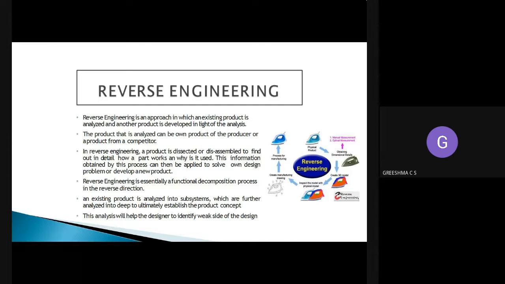Next one is reverse engineering. Reverse engineering means,